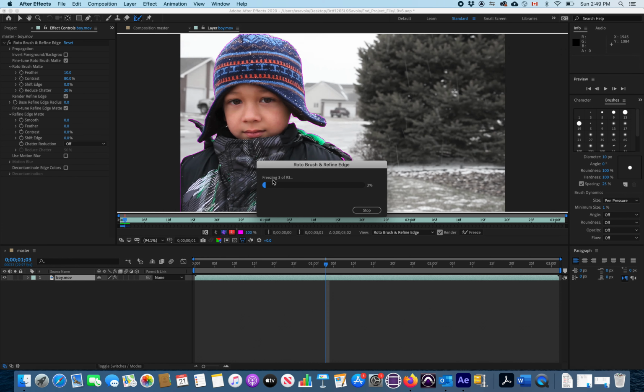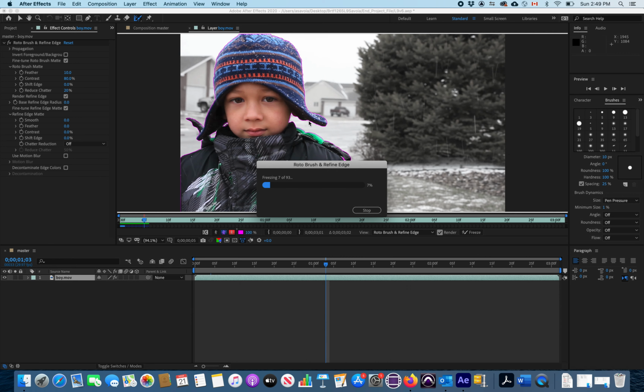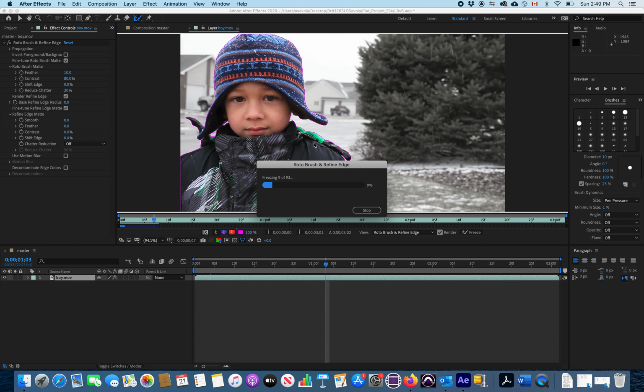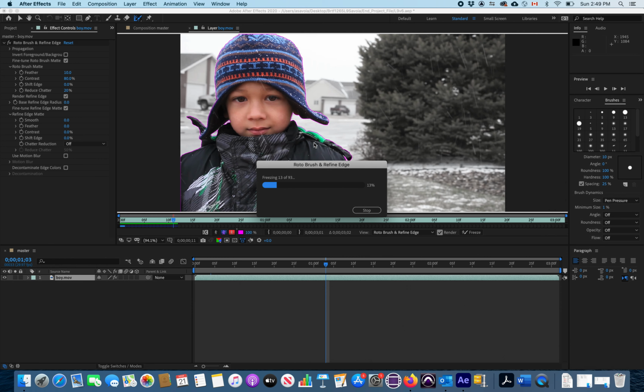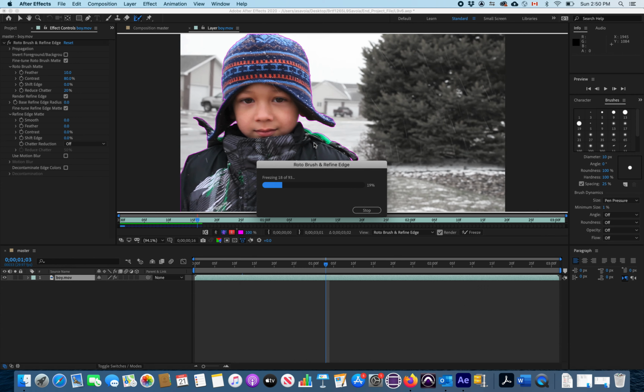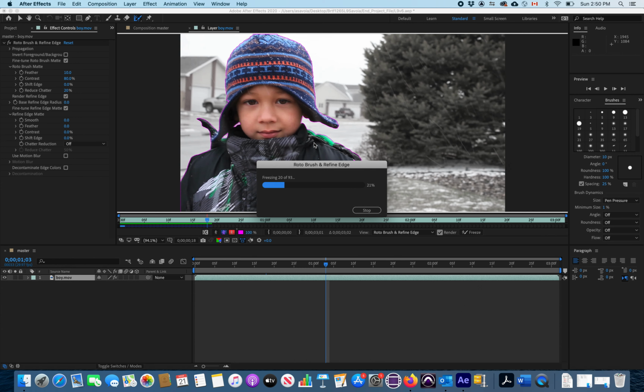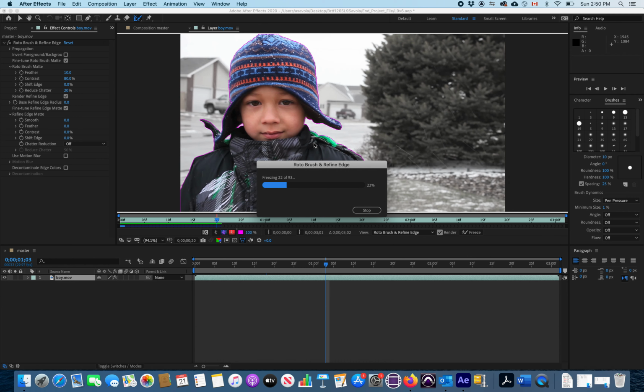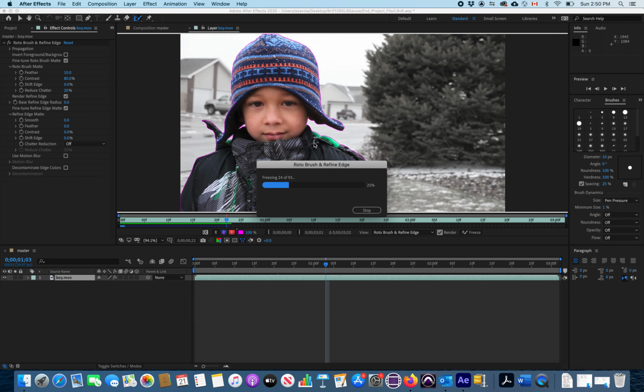What it's going to do is go through frame by frame, and it's basically going to lock that segmentation boundary. So this is a final decision. Now, it doesn't mean we can't go back and unfreeze that, because we can. But for the sake of expediency for today's lesson, we're going to be happy with whatever results we